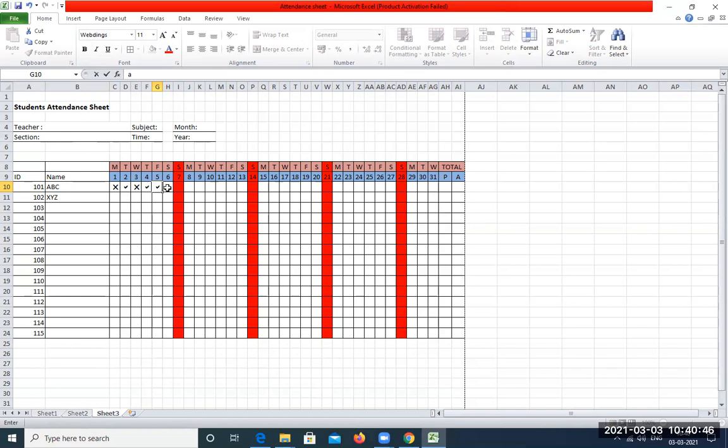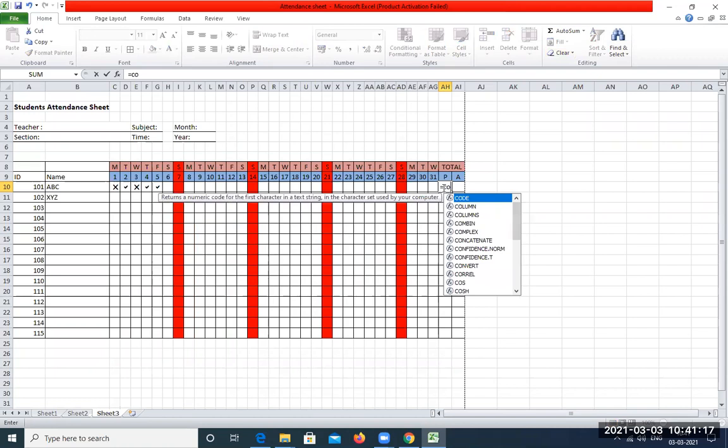Then the next thing here is, based on this, we need to calculate how many students were present. This student was present how many days in a week, or absent how many days in a week. So here we are going to select this cell and then apply the formula. Let us type equal to, let us look for the formula, COUNTIF.